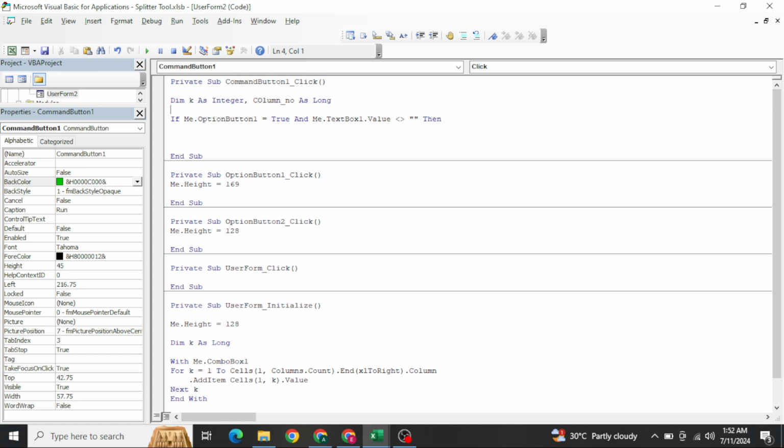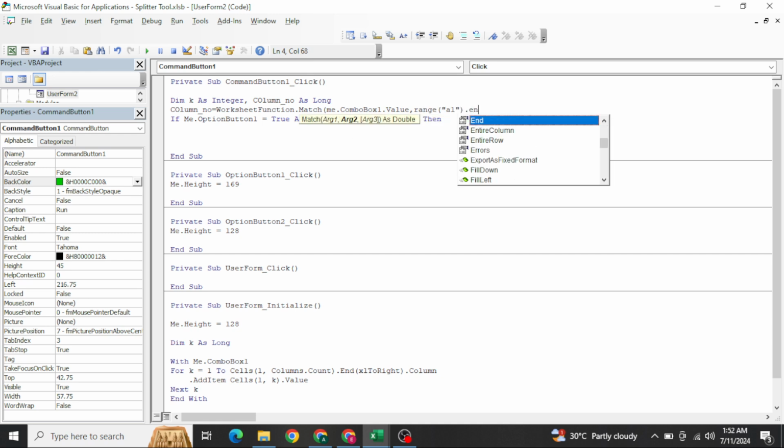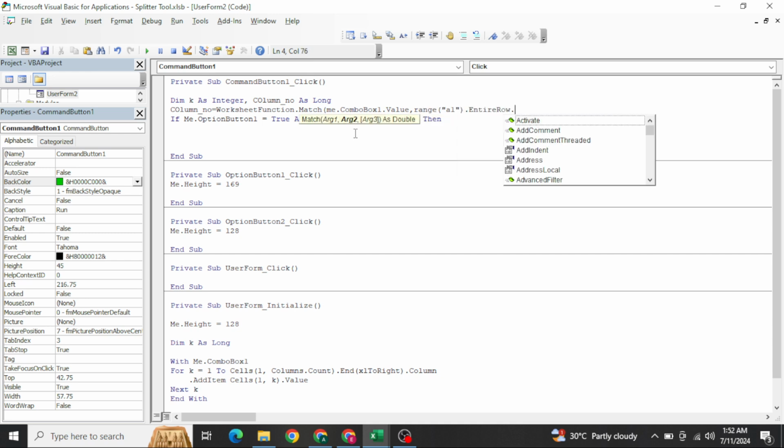First we need to have a column number. So for the column number, I want Cells, not Worksheet, Match. Me.ComboBox1.Value, where in the range A1, in whatever active sheet we have, in row number 1, it should search 0.